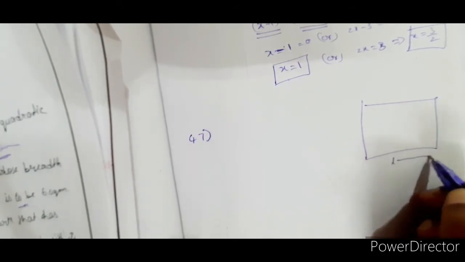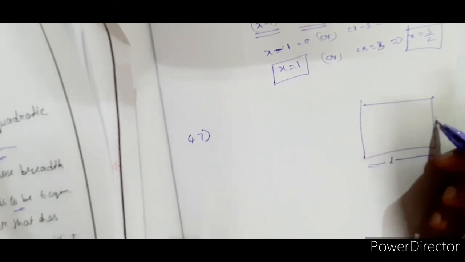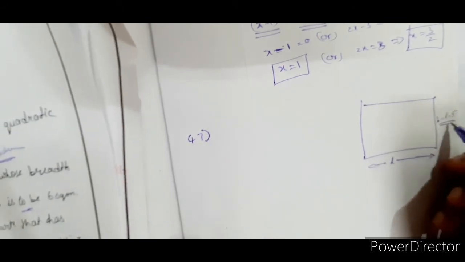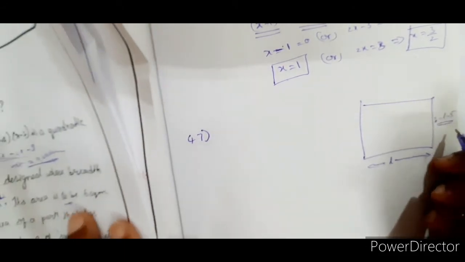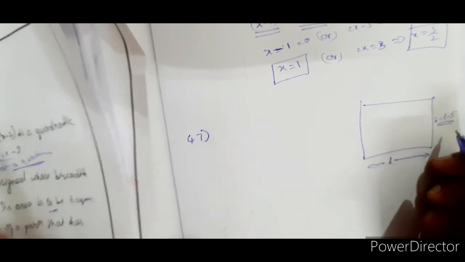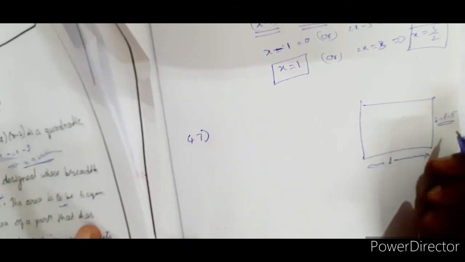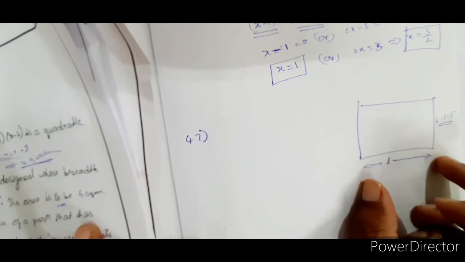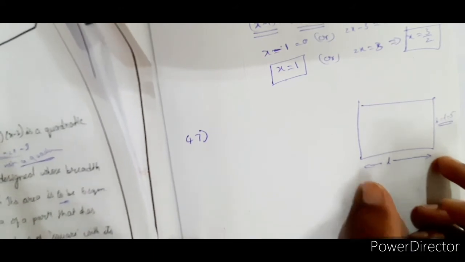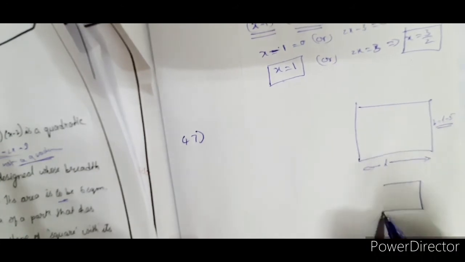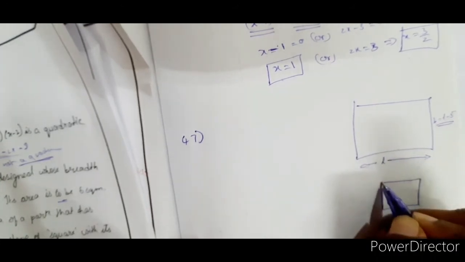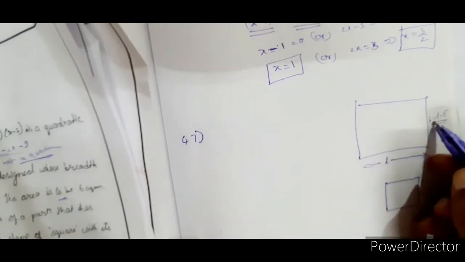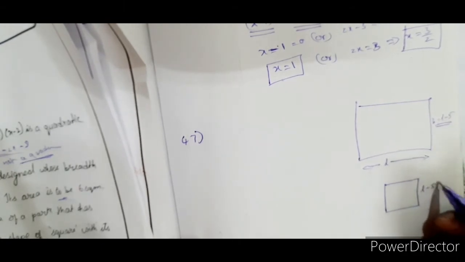L, this is L, and B is equal to L minus 5 is given to us, and its area is to be 6 square meter more than twice the area of the park that has already been made, that is of square shape. Another park is of the square shape with its sides as the breadth of the rectangular park. That means L minus 5 and L minus 5.